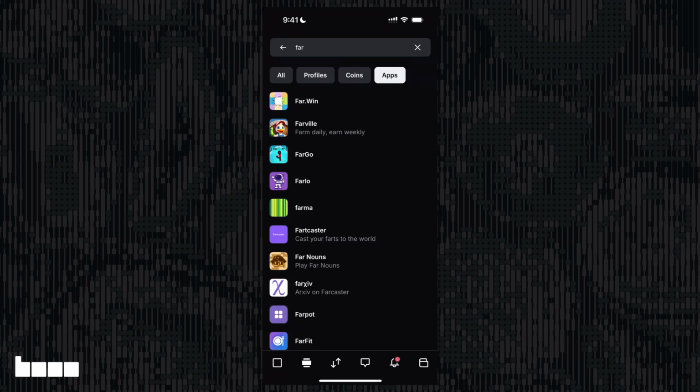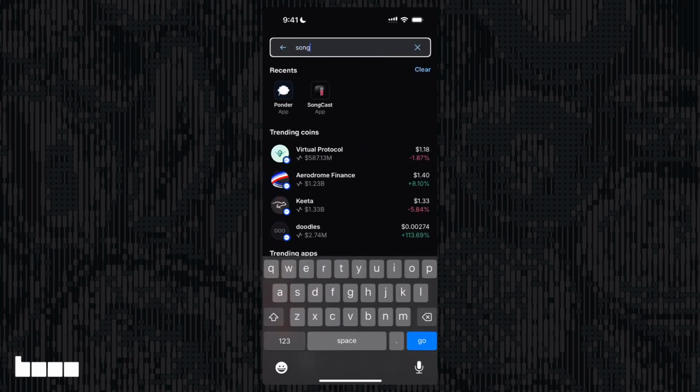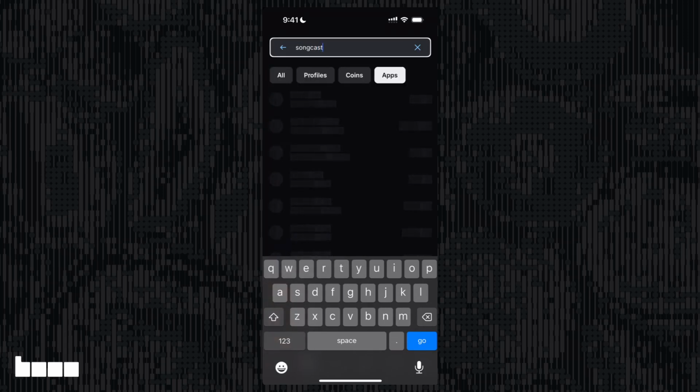Let's say I was looking for something and I didn't see it here. This is what we call app discovery and indexing issues. What controls this is your farcaster.json. If you cannot find your app in this search bar, like if I'm looking for Songcast and it does not pop up,